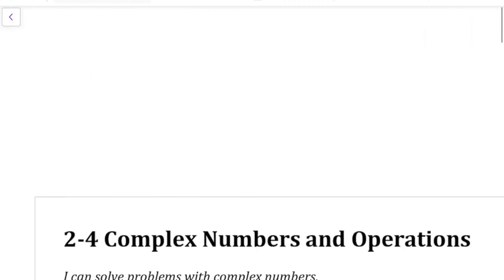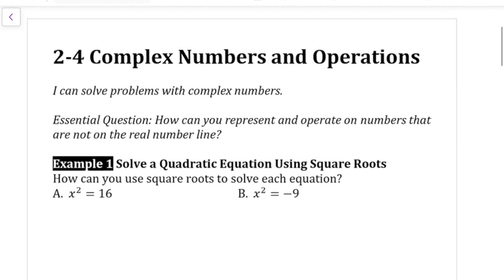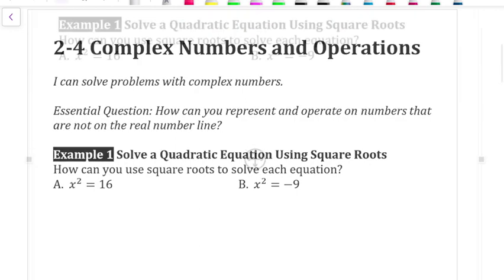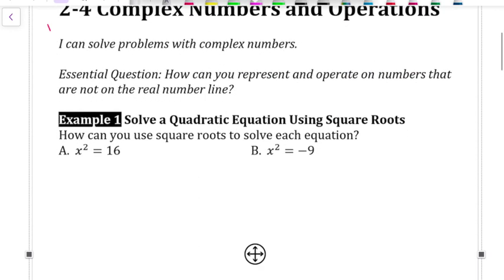2-4 is on complex numbers. So it's going to seem like we're taking a slight intermission from quadratic equations and quadratic functions to talk about complex numbers. What we will be talking about are things like imaginary numbers. All right, so if we think this through,